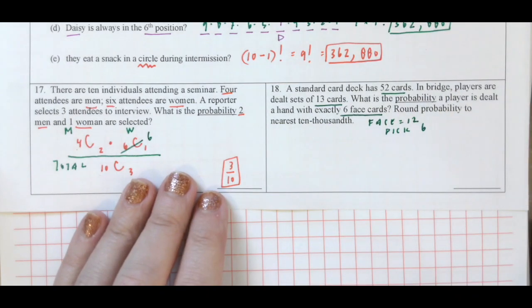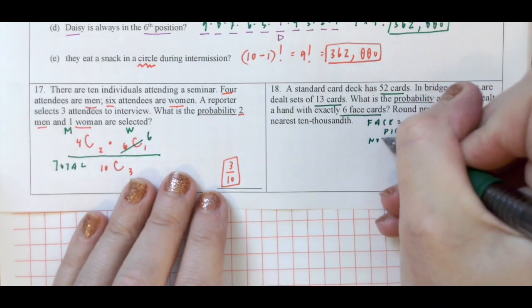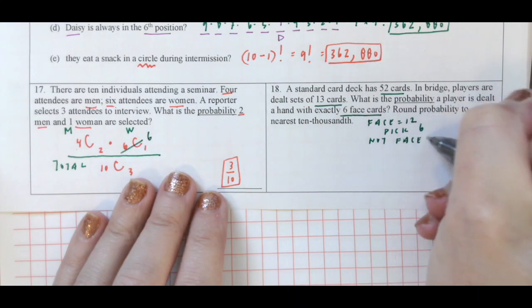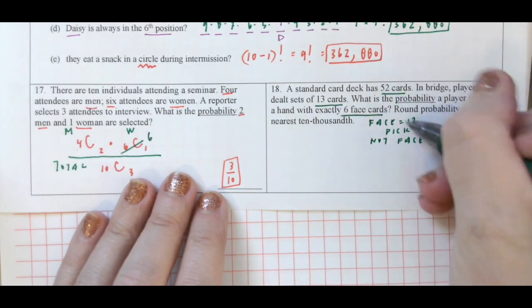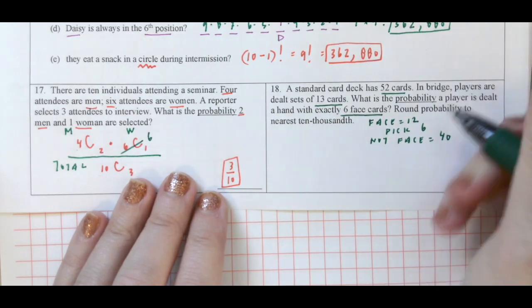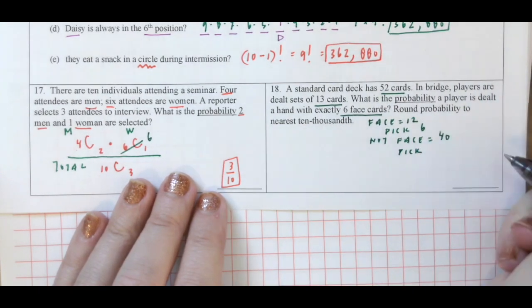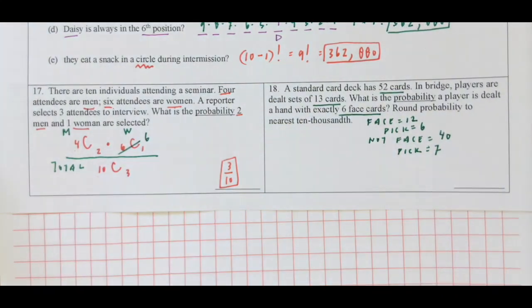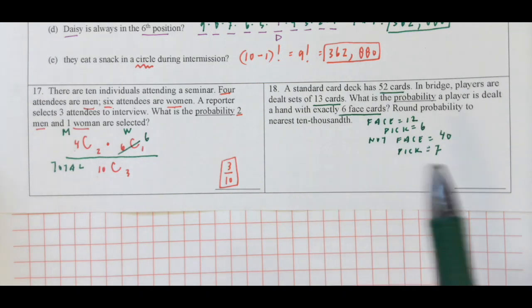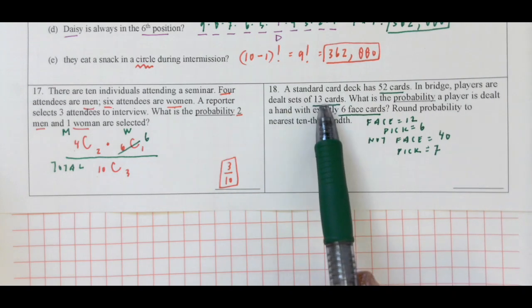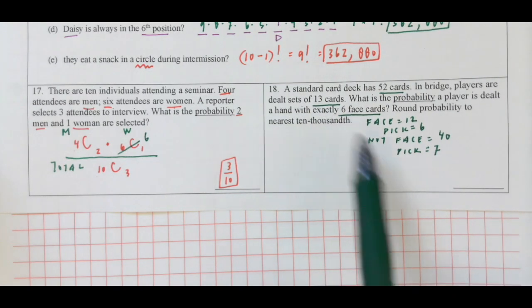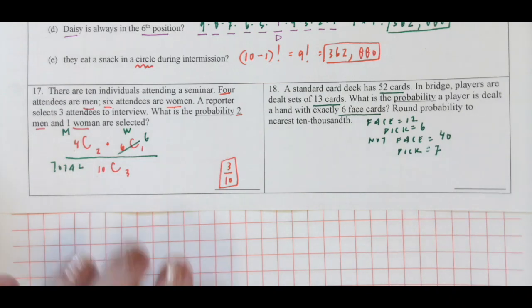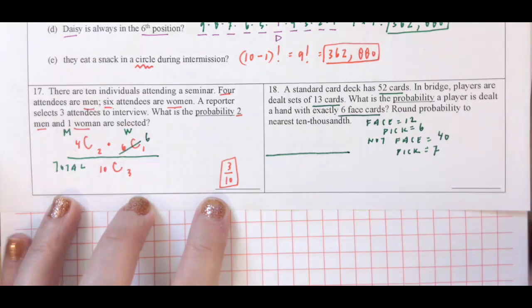6. We need to think about all those other cards that are not face cards. So 52 minus 12 is 40. So we're going to pick 7, right? Because we need it to be a hand that is 13 cards. That's the set, right, that you are holding each time. So again, you get 13 cards total, 6 are face, 7 must be not face, must be other. So if I draw this out,